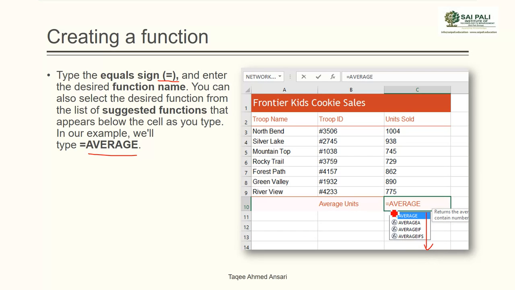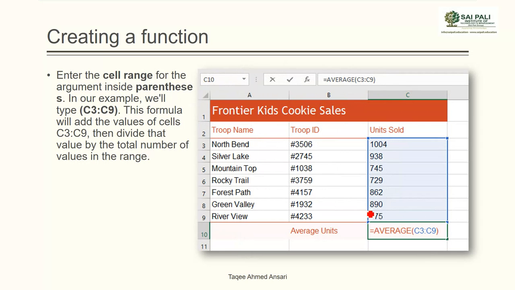So I can type the whole name if I know it, or I can take from the suggested name also. After selecting the name, you can press Tab, and when you press the Tab key, it will automatically select the function and add the opening parenthesis also.